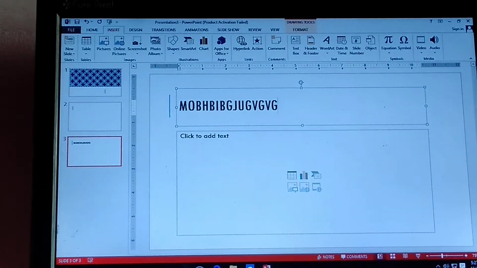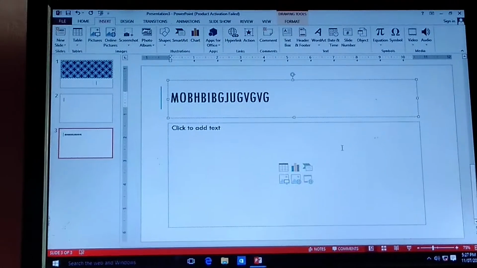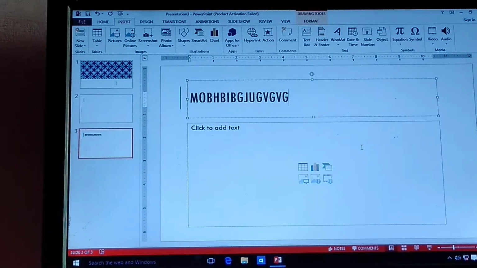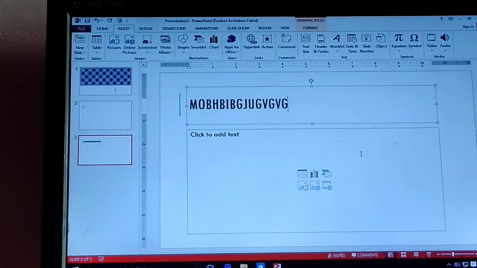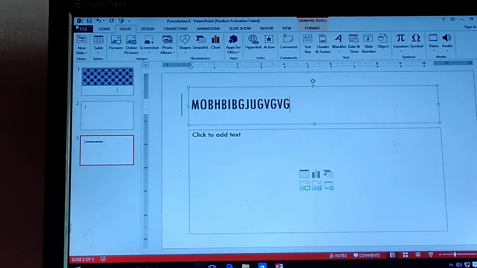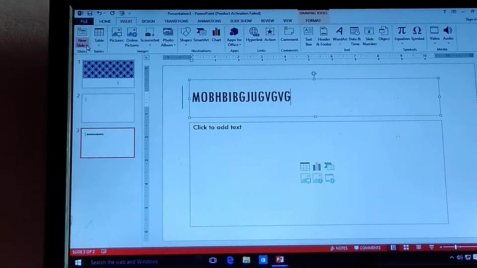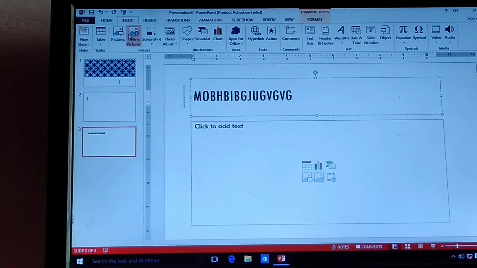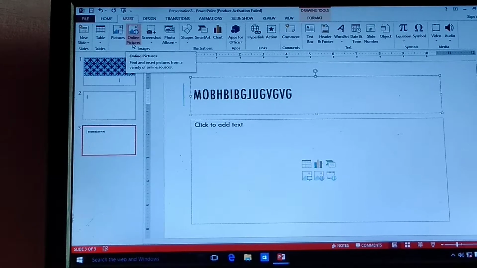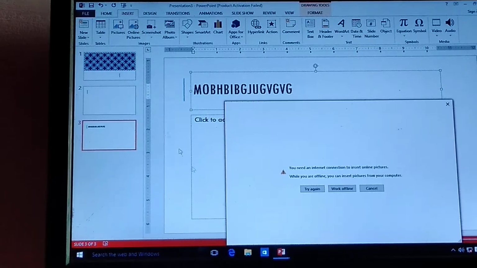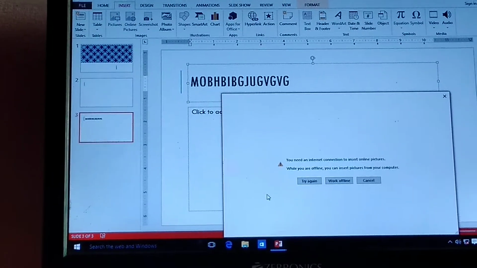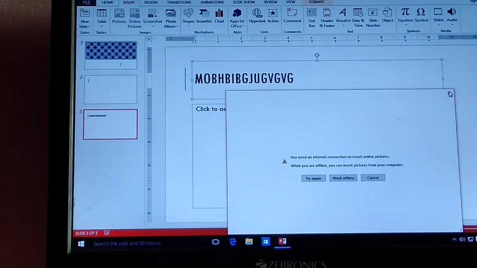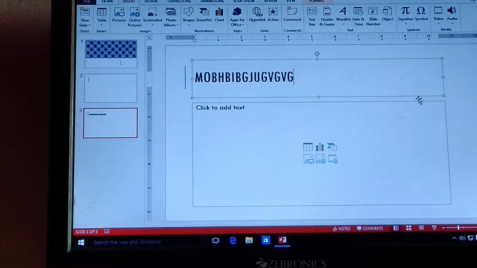In this way, you can insert your picture in your slides. Now let's open page number 120. Here, we will see how to insert a picture using the internet. Right now, we don't have internet connected to our computer. I am just going to tell you. After Picture, you will see this option which is written Online Picture. Simply click it. Your internet will open and then you have to select your particular picture and then click OK. This is the way you will add it.